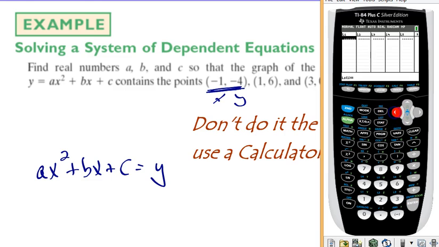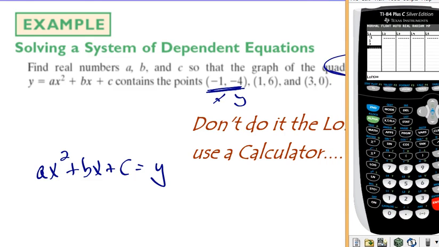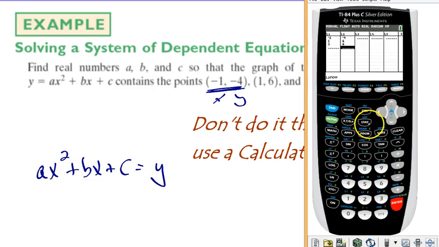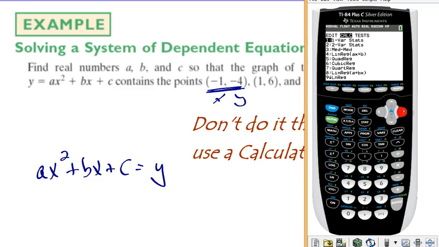And I'll put x's under list 1. Looks like negative 1, 1, and 3. For the y's, I have negative 4, 6, and 0. And I'll just ask my calculator to calculate. Under statistics, if you go to calculate, I can find the quadratic regression under number 5, and I can just calculate